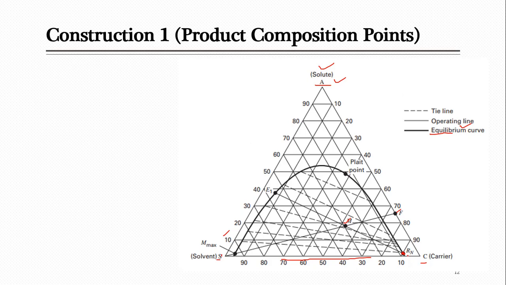So how much will be the carrier? You see here this point, carrier is 100%, and this line is 90 for the carrier. So somehow the carrier in the raffinate leaving from the Nth stream will be, I think, more than 90%. Just consider it somehow 91%, around 91-92%. So it will be like 91% carrier in the raffinate stream that is leaving from the Nth plate.